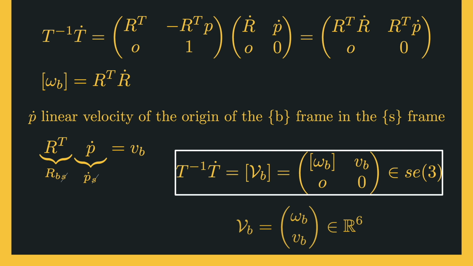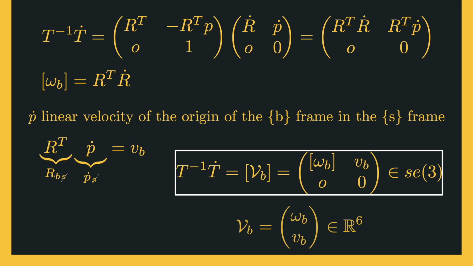Note that here bracket notation shows the matrix representation of the body twist. It's important to distinguish between bracket angular velocity and bracket twist because in bracket angular velocity, the bracket notation means the symmetric matrix representation of angular velocity, whereas in bracket twist, the bracket notation refers to the matrix representation of the twist. The multiplication of T inverse T dot is the matrix representation of the body twist that belongs to